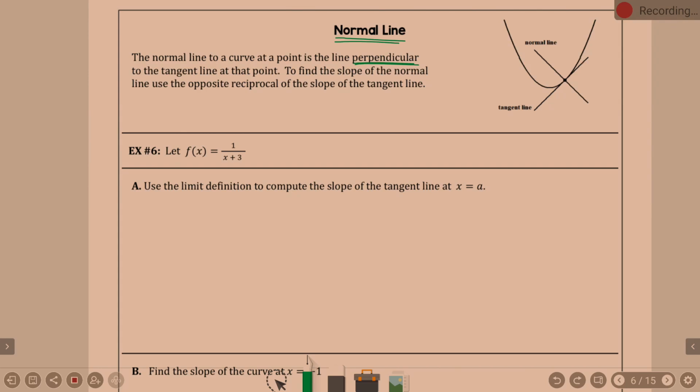To find the slope of the normal line, use the opposite reciprocal of the slope of the tangent line. So remember, parallel lines have the same slope. Perpendicular lines are opposite reciprocal slopes. I just reviewed that in pre-calc last chapter, so you reviewed it about a year ago with me. Not saying you remembered it, but